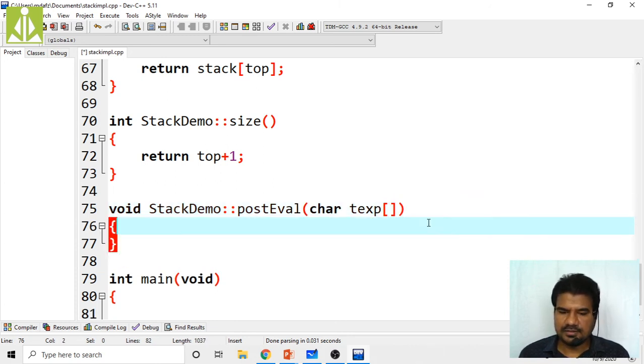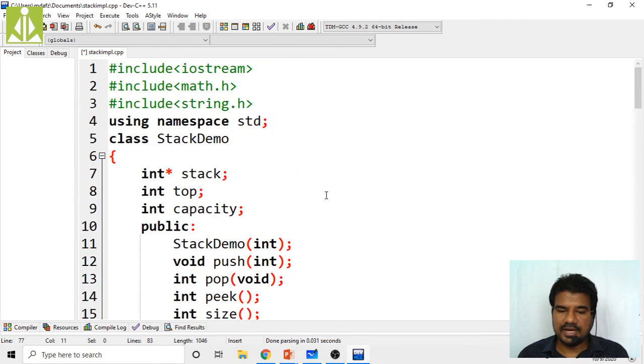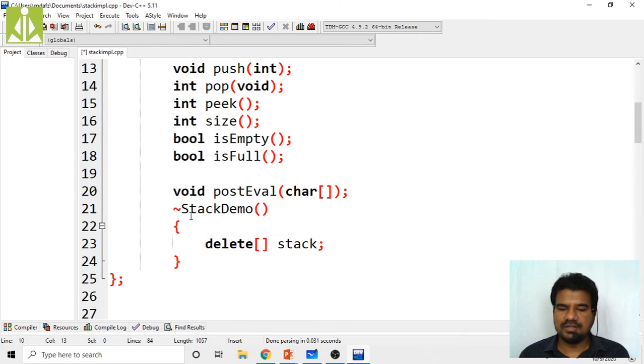Then here you add the value. We are taking operator 1. Here, when we have declared top and capacity, along with this we also need one result, res, because after performing the evaluation we are storing the value, isn't it?